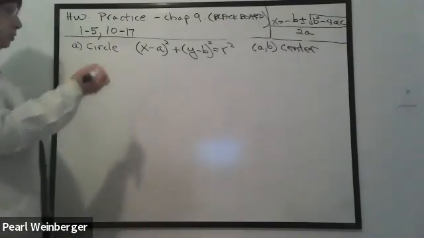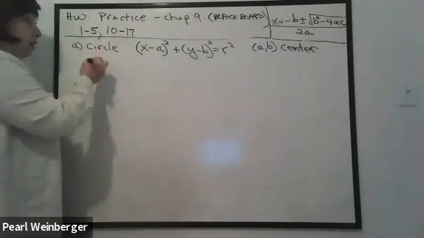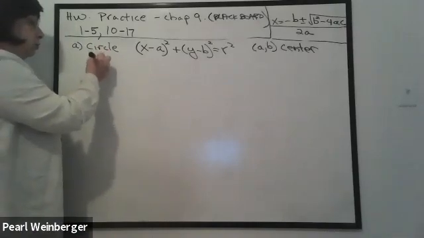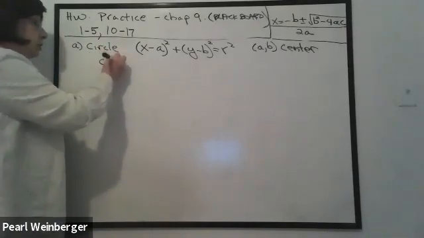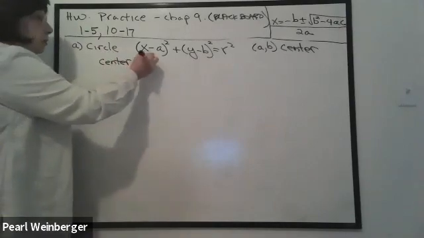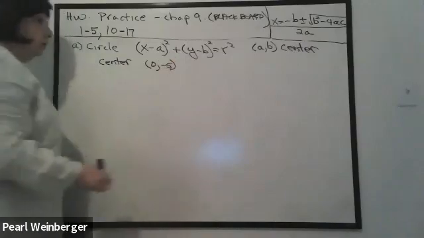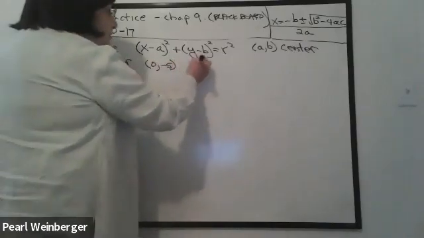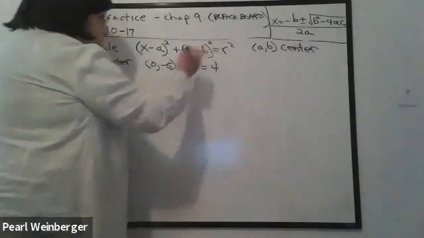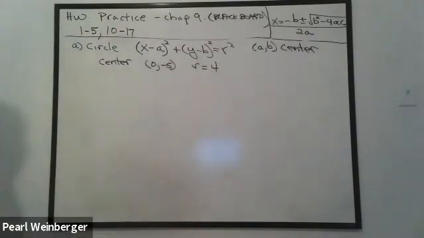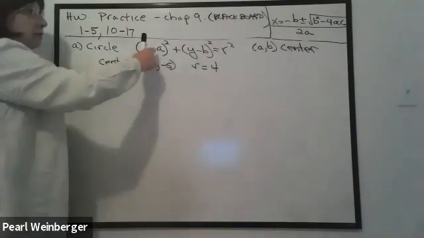So question number 1, if I tell you that I have a circle whose center is (0, -5), and its radius is 4,